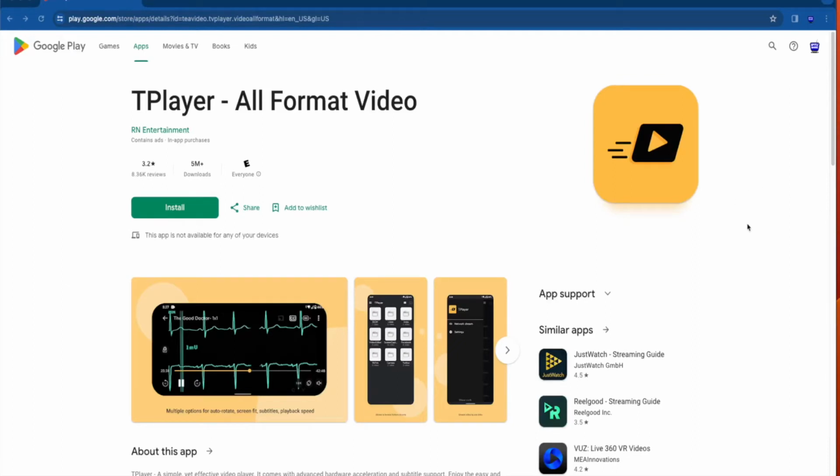Hey guys, it's Bodie with iptvwire.com. In this video, I'm going to show you how to install TPlayer on an Amazon Firestick, Fire TV, or